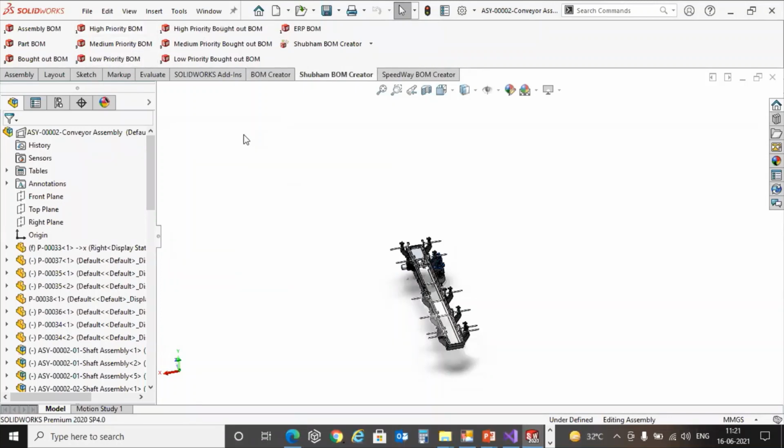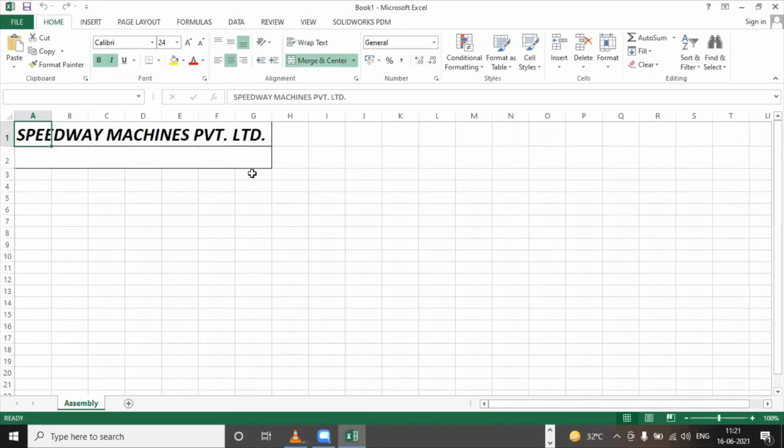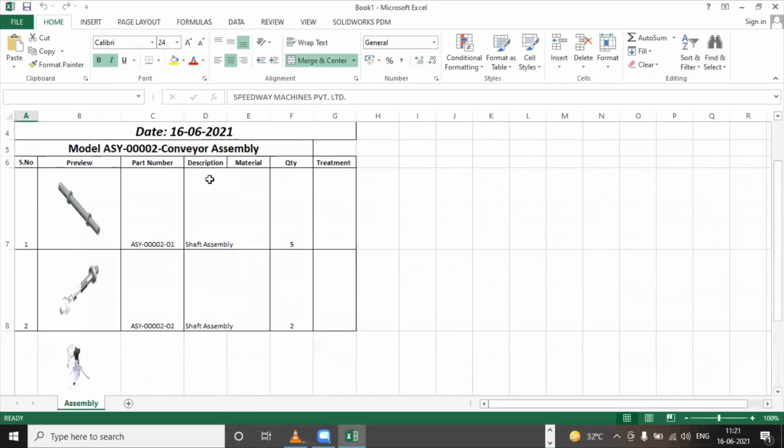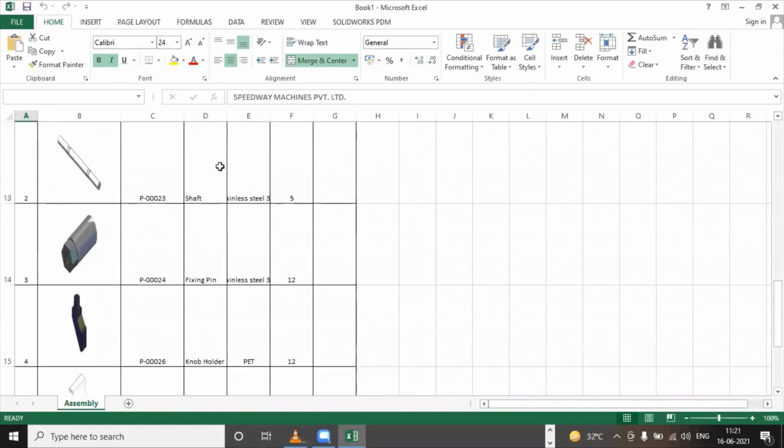If I want to create a high priority part list, I can click and create it. With this high priority part list, we'll have the details of the items with the highest priority and the higher manufacturing lead time.